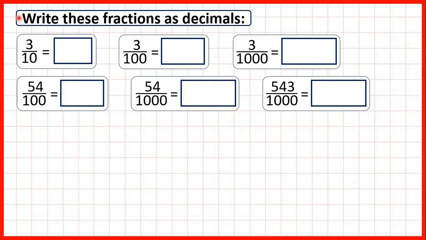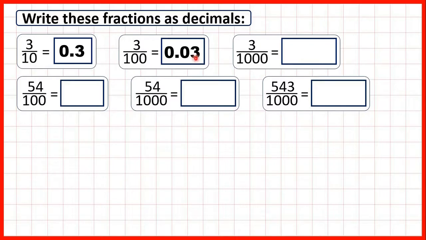We need to write these fractions as decimals. So first we have 3 tenths. As a decimal, that's 0.3, because the first digit after the decimal point always tells us how many tenths we have, and we have 0 before the decimal point because we can't have an empty ones column, but we don't have any whole numbers. Now 3 hundredths is written as a decimal as